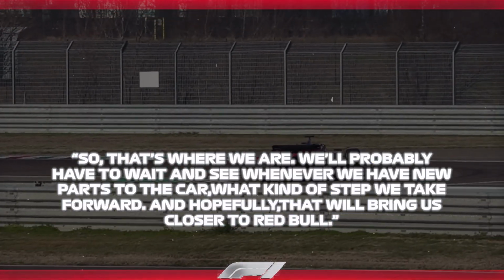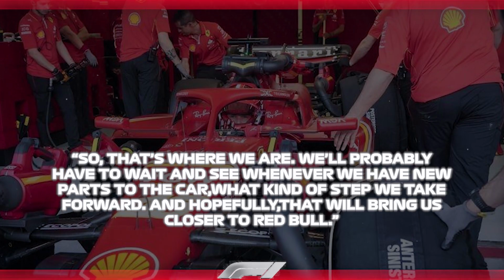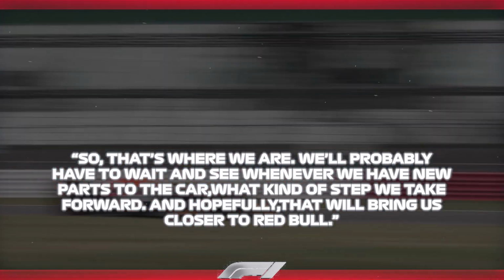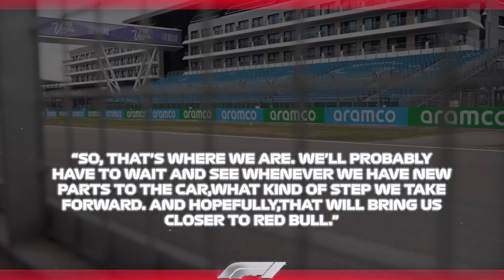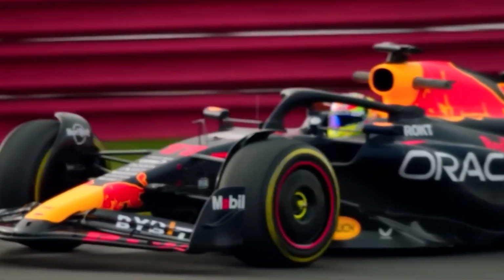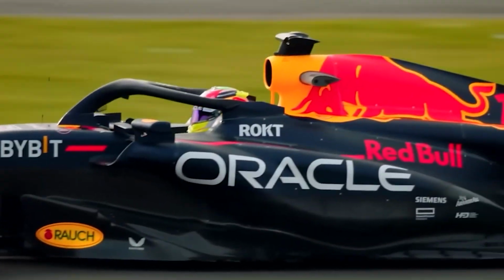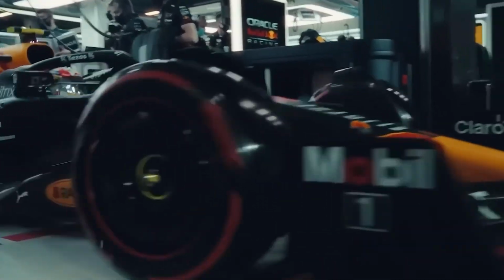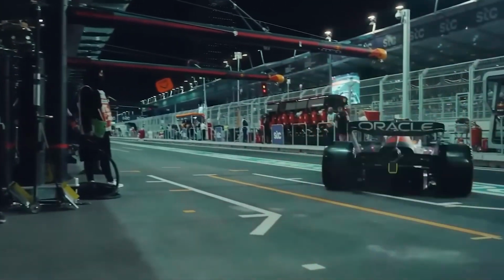Leclerc emphasized the importance of patience, stating, "So that's where we are. We'll probably have to wait and see whenever we have new parts to the car, what kind of step we take forward, and hopefully that will bring us closer to Red Bull." So, should Red Bull be concerned? Red Bull's progress with the RB20 looks promising, but it's important not to exaggerate how much it's improved compared to